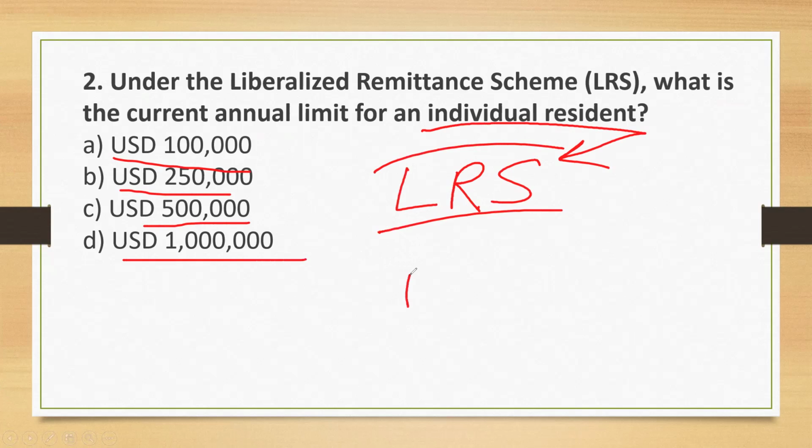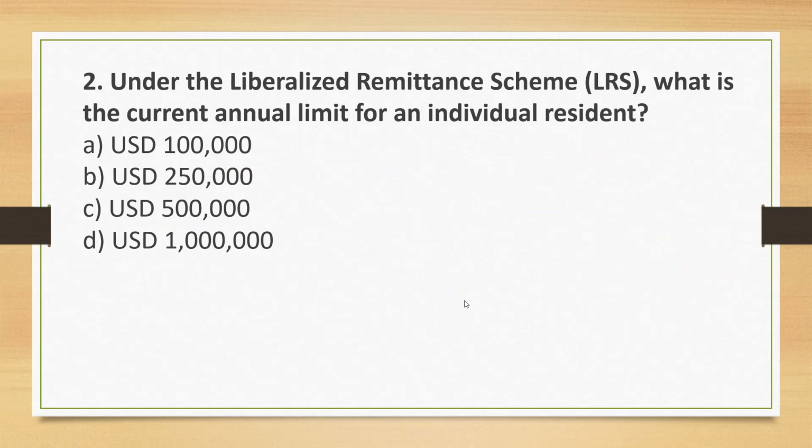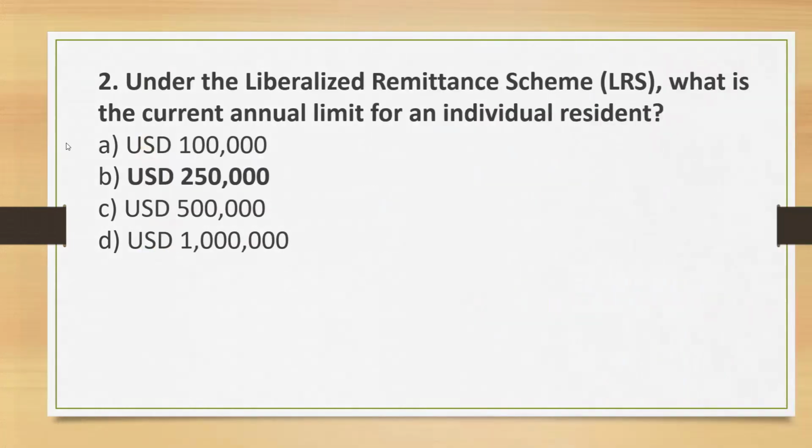This is a very favorite question of the examiner in all the exams. In any foreign exchange operation exam, this question has an 80% chance to come. So you should remember this limit by heart so that you never miss this 1 mark. If you know the answer, do write in the comment section. Let's see how many of you know the answer. Very easy question. If you are doing day-to-day banking, day-to-day foreign exchange, then you will know this. And the correct answer is B, that is